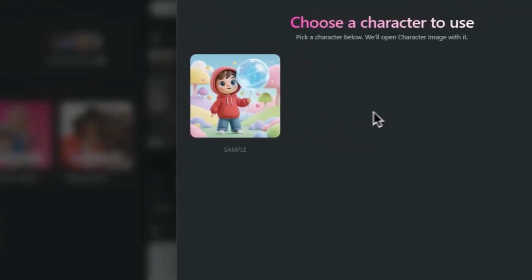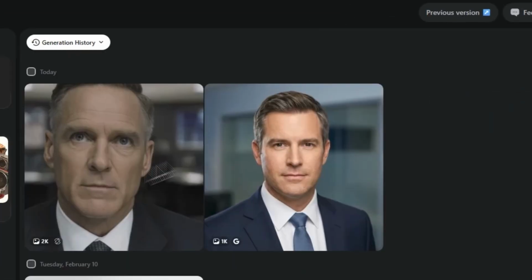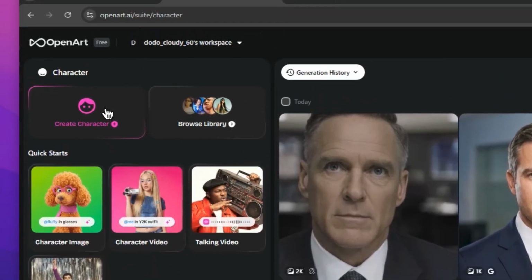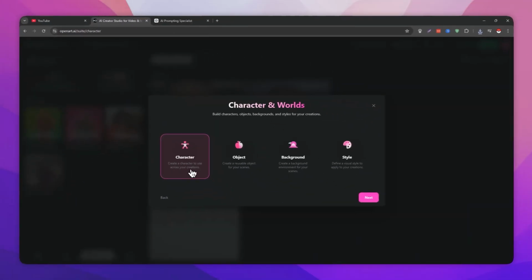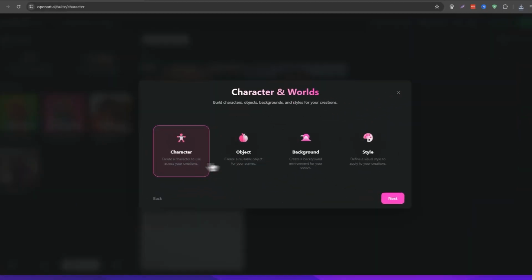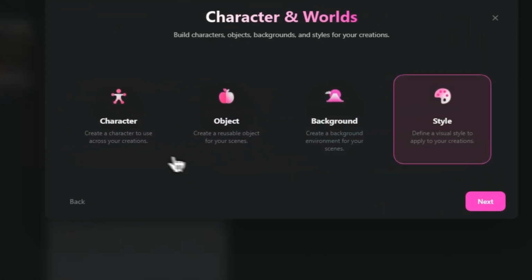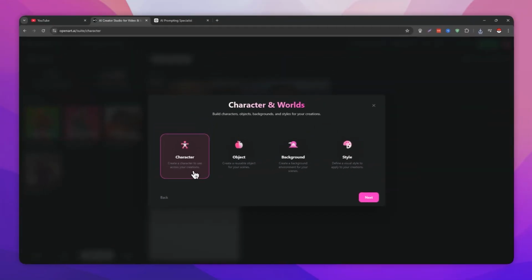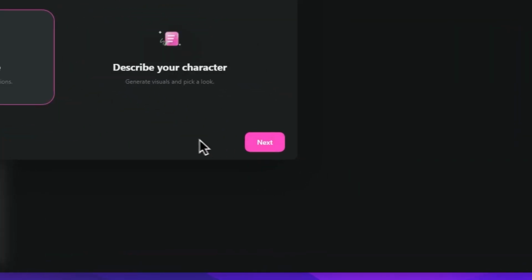And then here you're going to have a sample, right? But we don't have anything yet. So how do we get something here? You want to create your own character. So click on that. There are options here: character, object, background, style. So we want to create a character to use across your creations. So this is where the accuracy is when it comes to creating